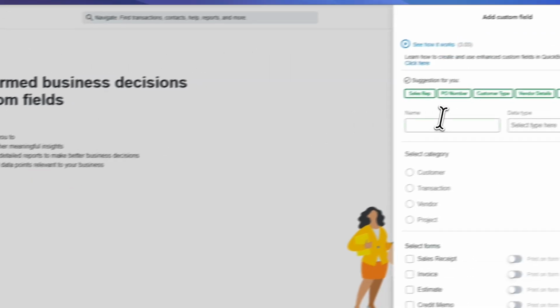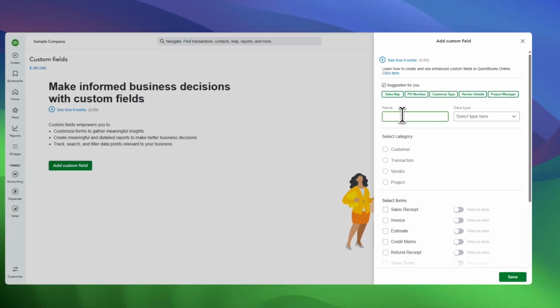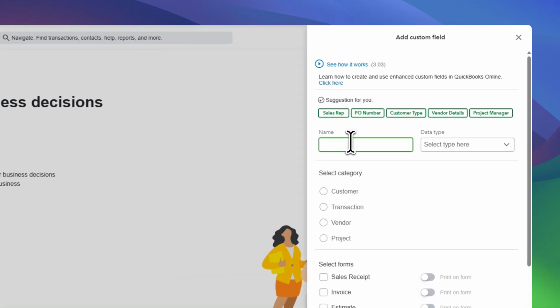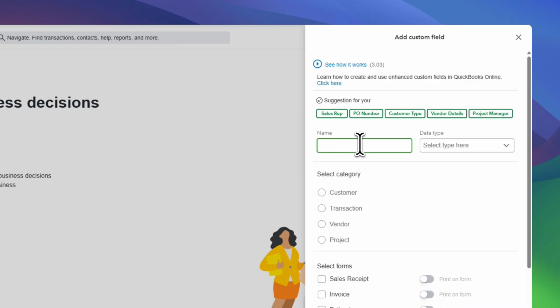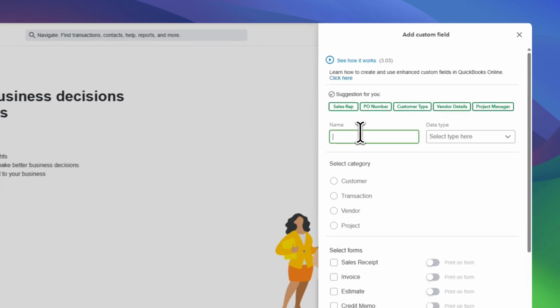QuickBooks will then prompt you to set up the new field. Start by entering a name for it. This should be something clear and easy to recognize, such as sales rep or PO number. The name you choose is important because it helps you and your team quickly understand what information belongs in that